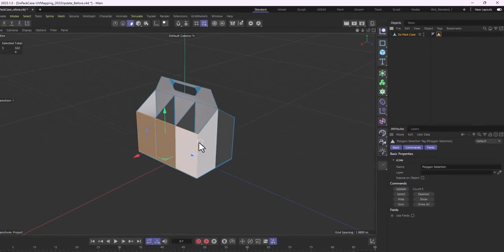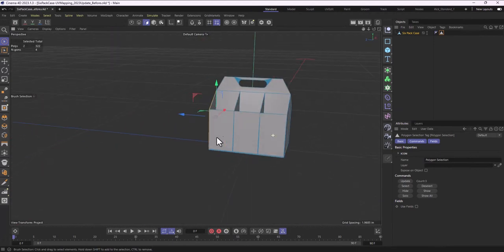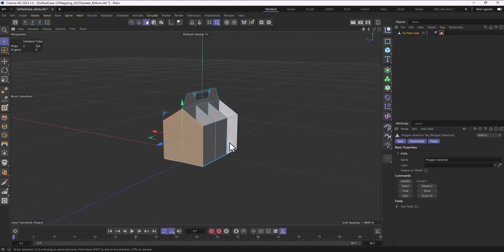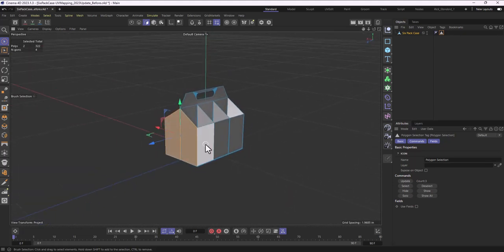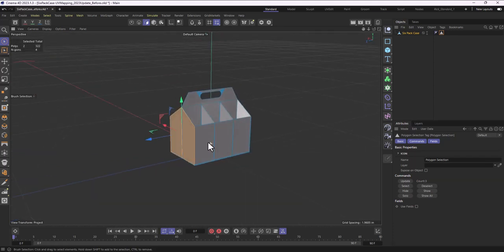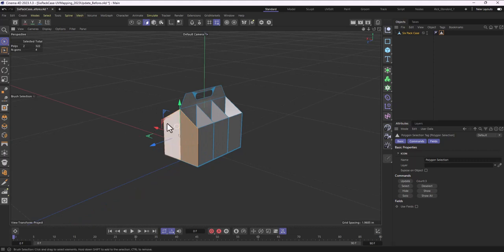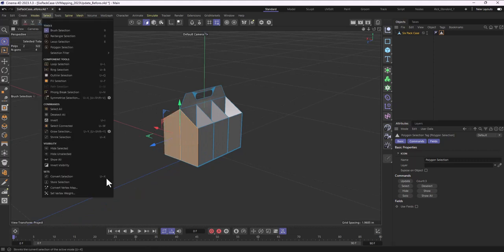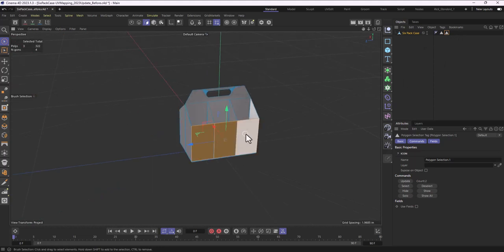You can see right here a tag shows up, a polygon selection tag, which I can also name if I want. I know that these parts of the case are really where all the images are going to be, the parts that I want to save and show prominently. So I'm going to save them as polygon selections. I select this right here, same thing, store selection, tag shows up. I'll do this one right here,